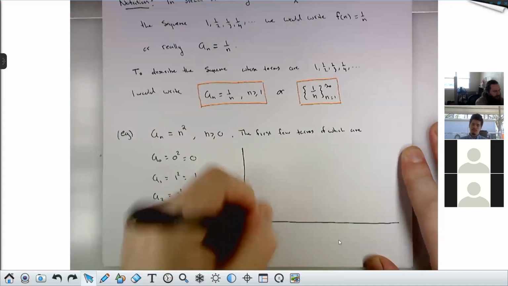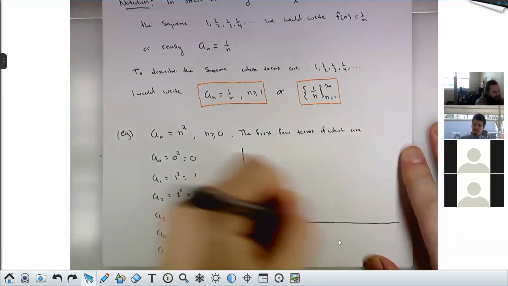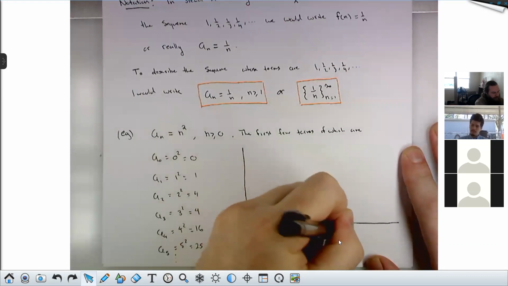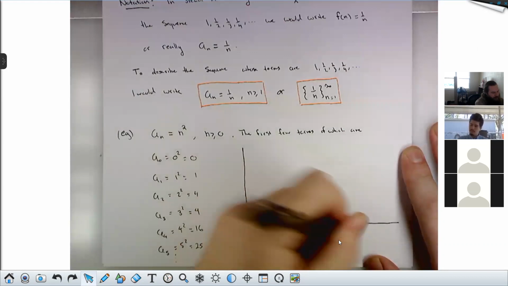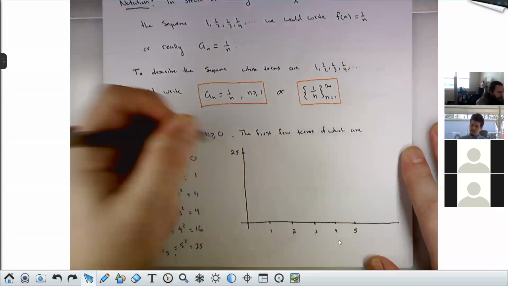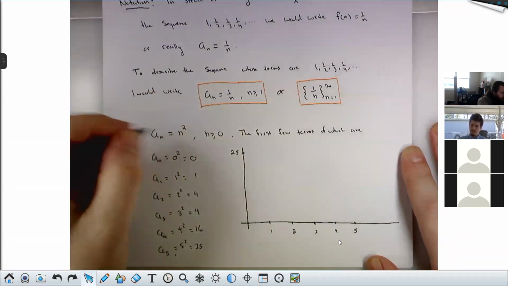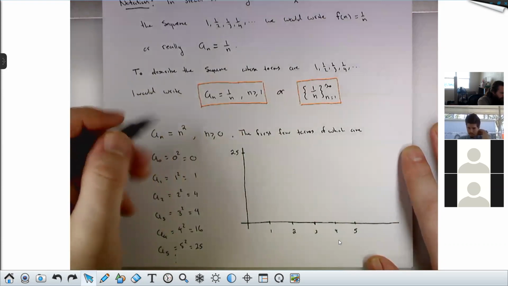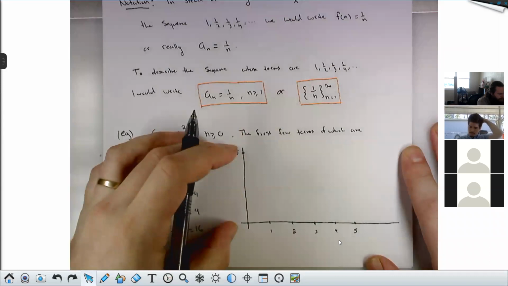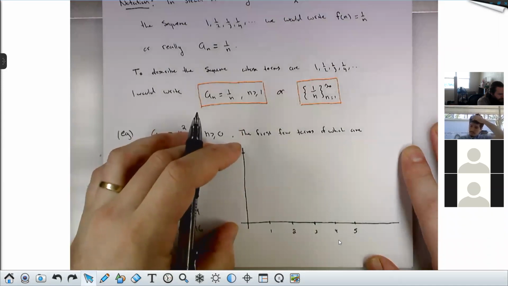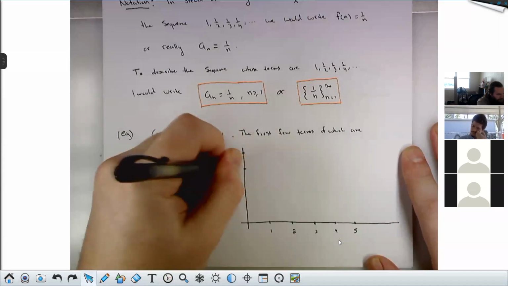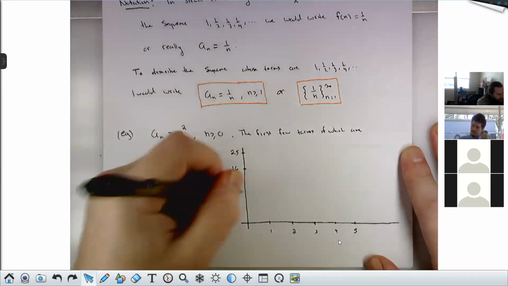I'll mark off here 1, 2, 3, 4, 5, 25 there. 25, so half of this would be like 12.5, so 16 should be like here. 9 would be